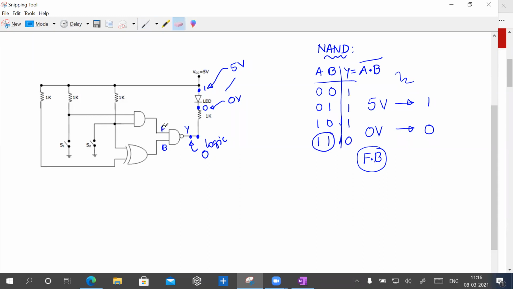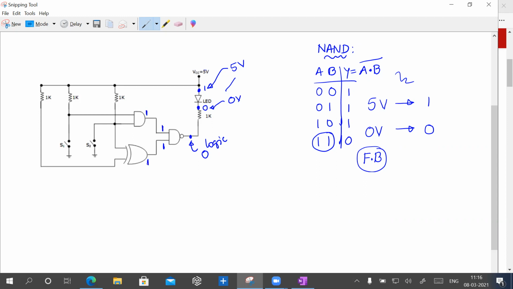Okay, can I erase this? Am I able to erase this? Fine. So I will remove all these things. Okay, so there is 1 here, and of course you have 1 here. So these two must be 1. That means the output of the AND gate must be 1, and the output of the exclusive OR gate must be 1 here.